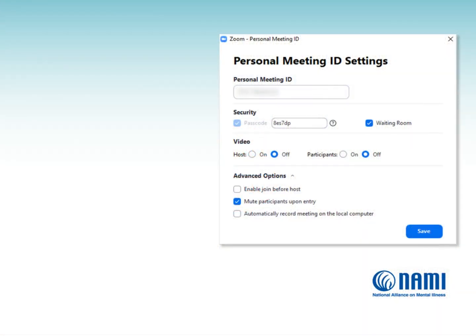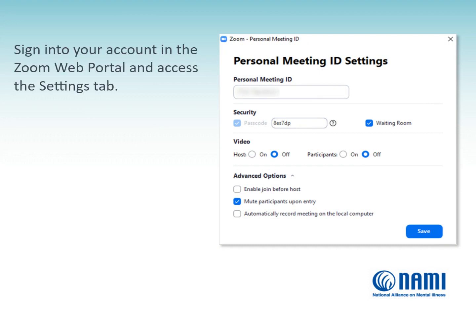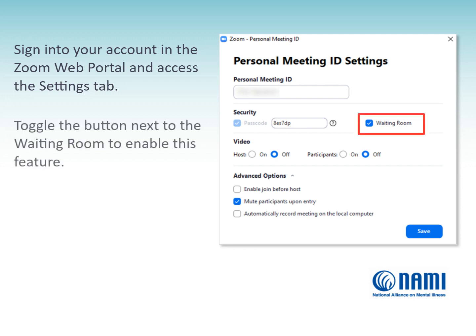To do this, enable the waiting room feature when first scheduling the session. Under Personal Meeting ID settings, click on the Waiting Room checkbox. This will automatically place all participants in a waiting room before they may join the meeting room as they log in. The producer should confirm that participants in the waiting room have registered and can manually approve them to join